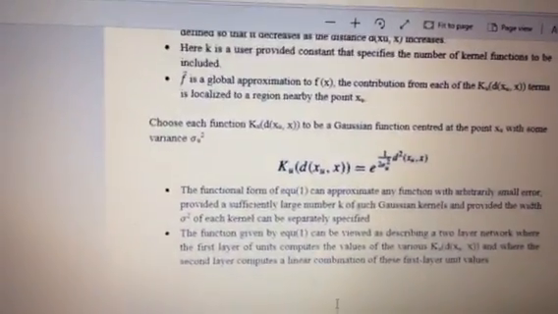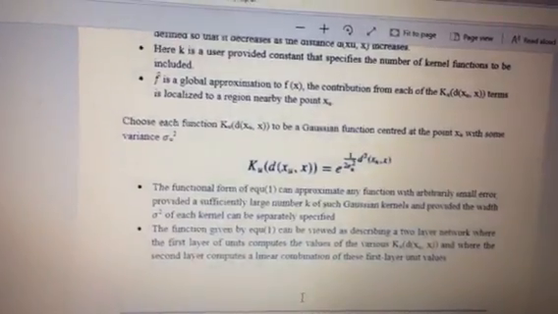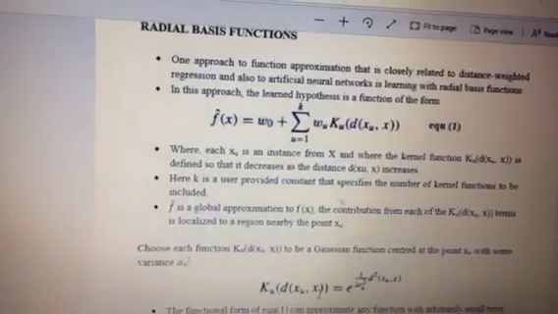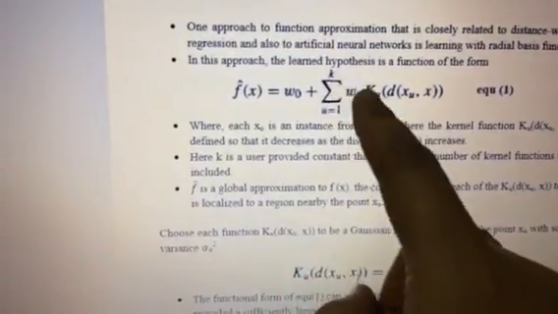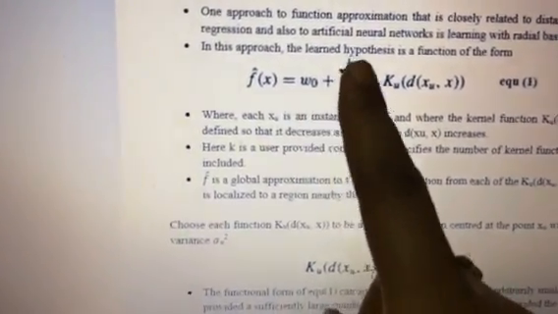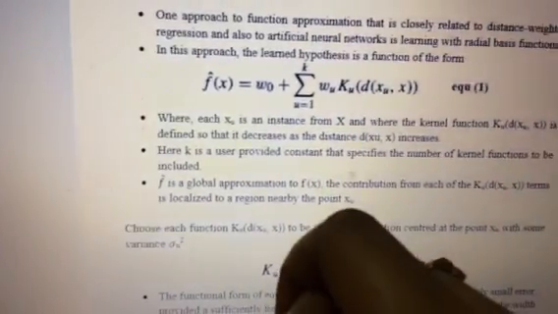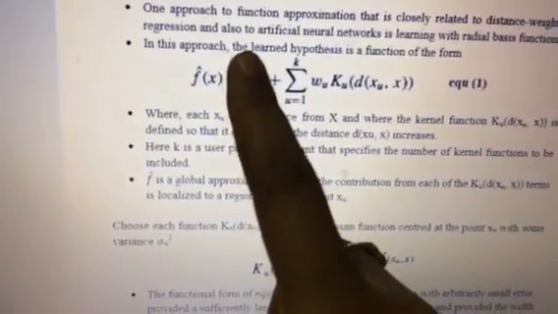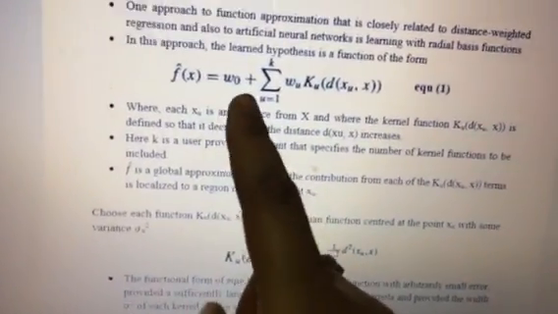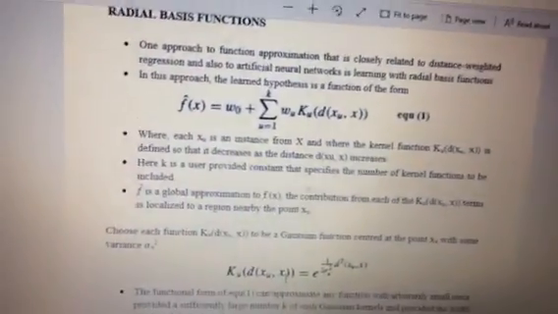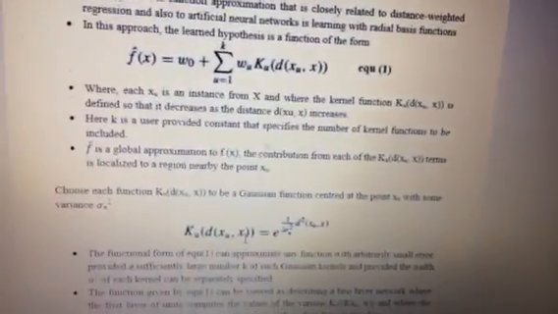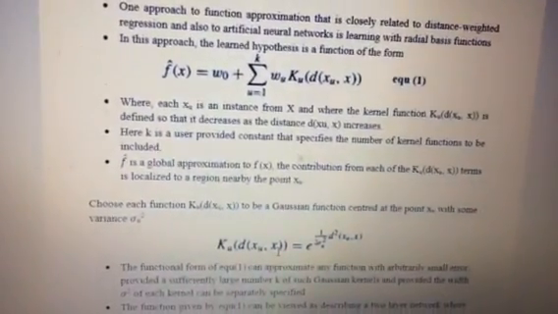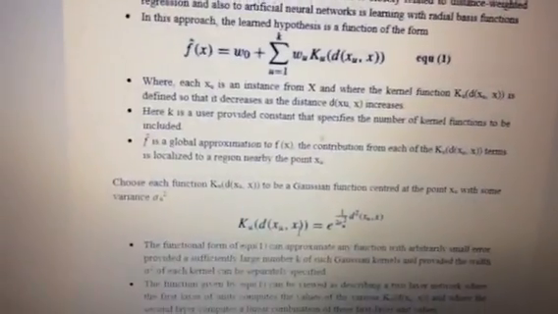Here you can see the functional form of equation 1. Equation 1 was the weight form. I have not explained it completely yet. So this part is over, and for W0, I have already said that the radial basis function is a combination of distance weighted regression and an artificial neural network. So here the assigning of the weights is performed based upon the neural network structure. Here W0 is considered to be an initial value, a constant we have taken.